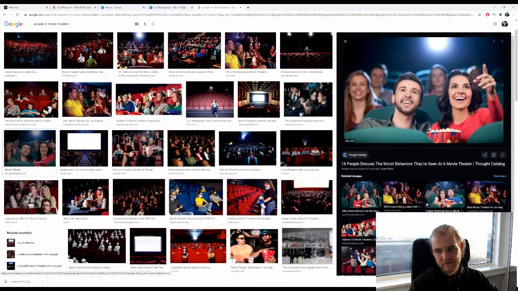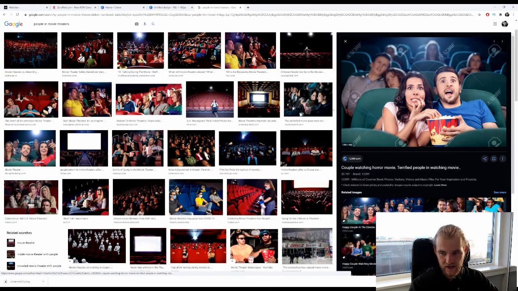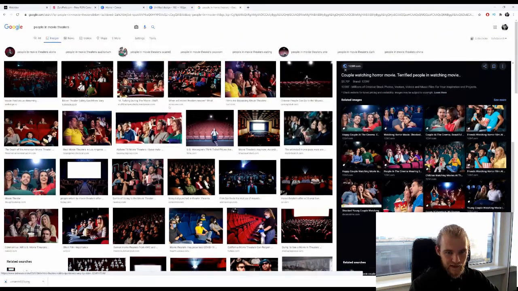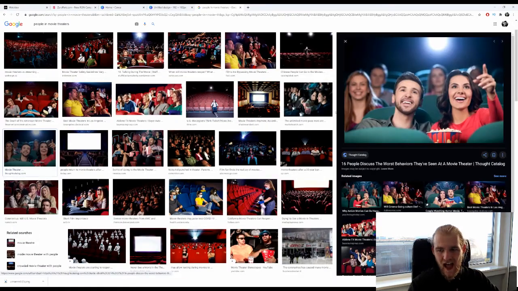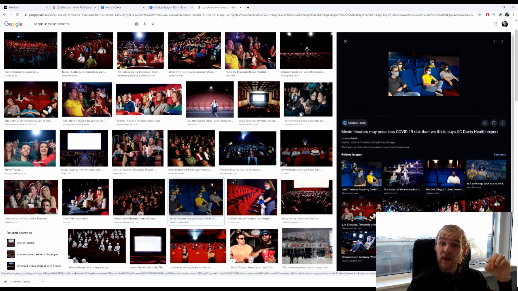Something like this, right? People having a good time with some popcorn. Obviously not the ones with the huge watermarks. But actually, I like that first one, this one. You want to have people in there having a good time because it's a human trait to like seeing people having fun. So if you would see a picture like this, even though it's very relevant right now with the face mask, whatever it is,